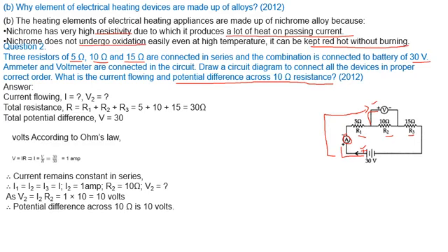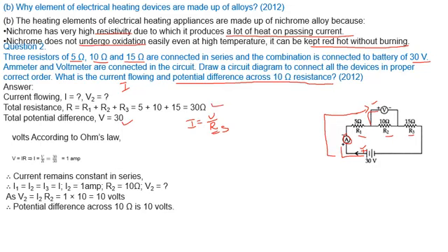Then we have to find out the current flowing through it. So I have to find out I. To find I, we know the formula, I is equal to V upon R, right? The R we have to find out, because all the resistances are connected in series, so we can just add them to get the total resistance, RS. 5 plus 10 plus 15 is 30 ohm. The voltage difference given is 30 volt, so that will be considered as 30.